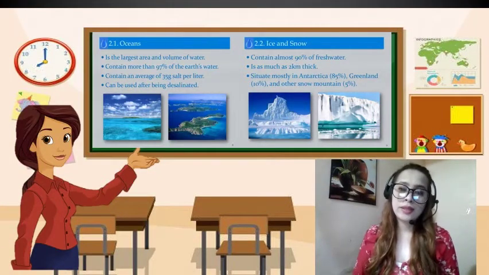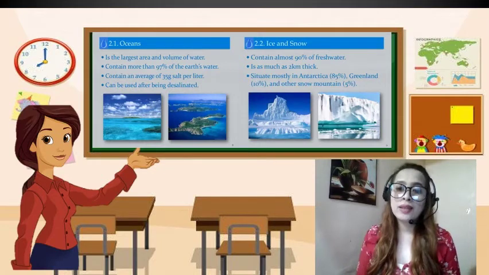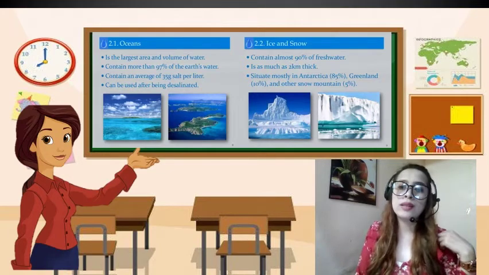Now in the oceans, we know that the ocean contains 97% of the Earth's water. It's the largest area and volume of water we have, and it contains an average of 35 grams of salt per liter and could be used in so many ways once it